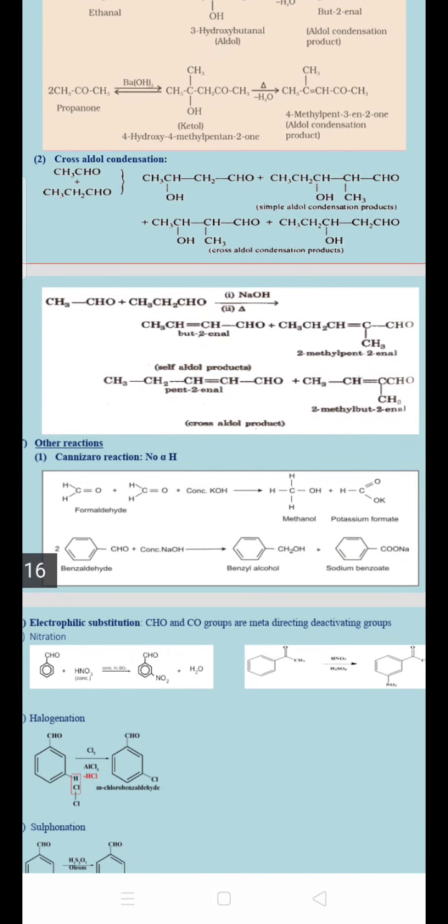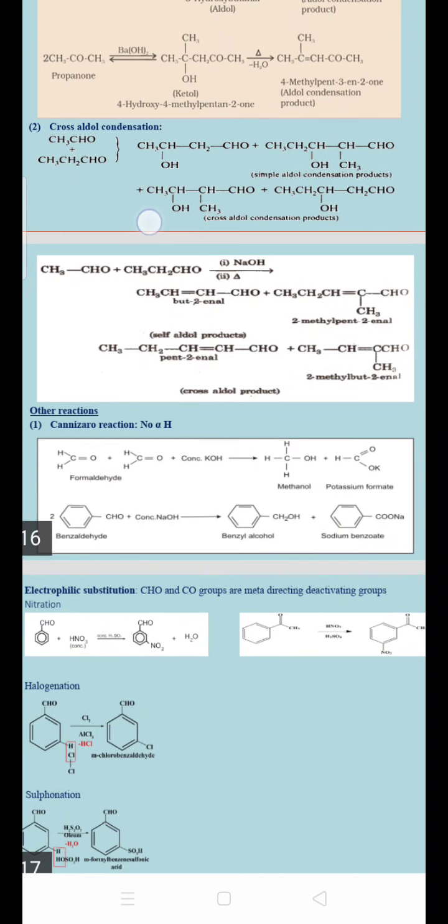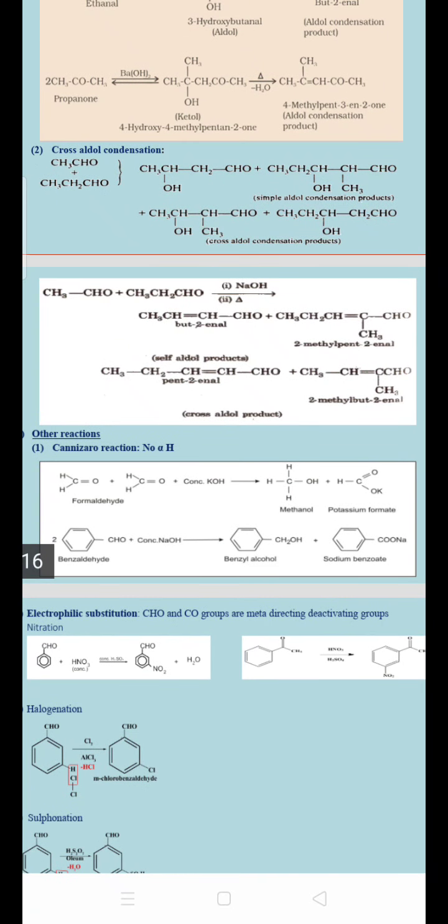Now this is also the picture exactly from the textbook. Let me tell you the reaction for cross aldol condensation. I have acetaldehyde and I have methanaldehyde. Let me repeat, what is the first compound? CH3CHO, acetaldehyde. Then look at the second: with 2 carbon atoms along with the aldehyde, methane, ethane, so it is ethanaldehyde. When the two react, I will get a product called butanol. Now see how I have divided these two. I have divided these two in such a way. Look at the first one.